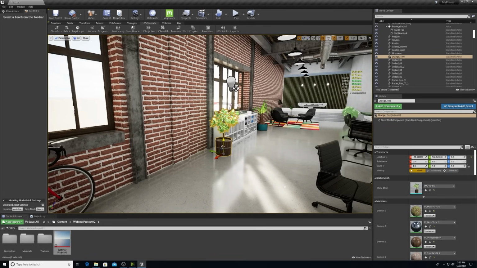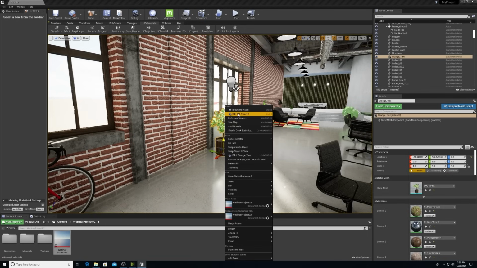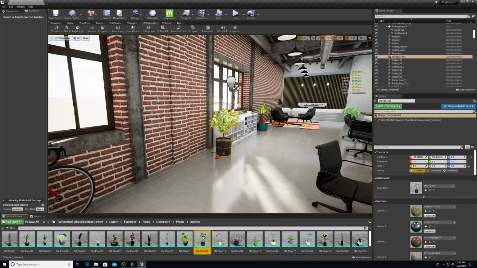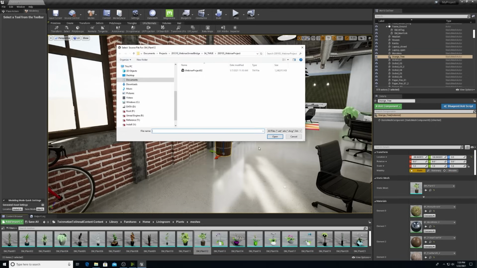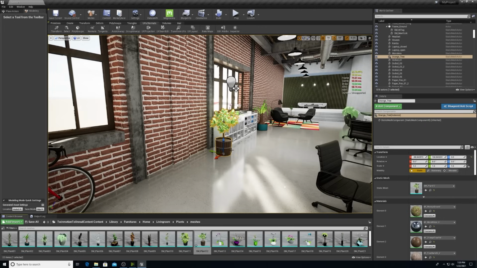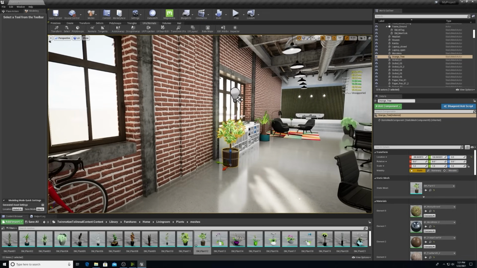I'm going to demonstrate this with this plant. So if in Twinmotion, the architect or interior designer is editing the pot, say curating a new pot, they did it in Twinmotion, they saved it, you can select the asset, right-click, browse to asset, right-click this here again, and re-import it. And you can select that original file that came in, and it's going to just re-import the original mesh and not the whole thing. Now, nothing happened in this case since there were no changes to that Twinmotion file, but I did want to bring it to your awareness.